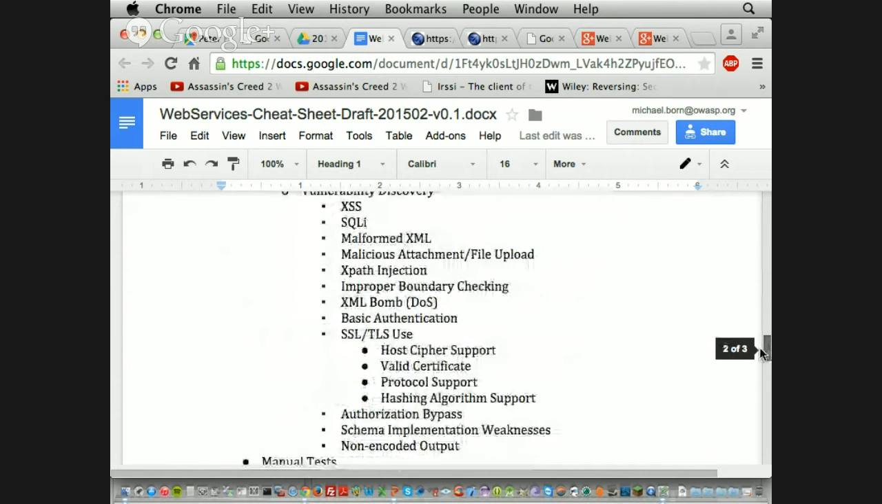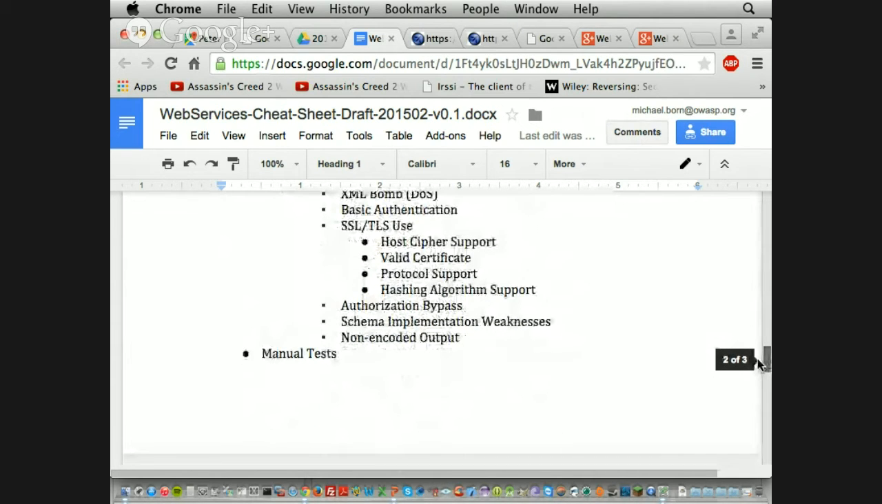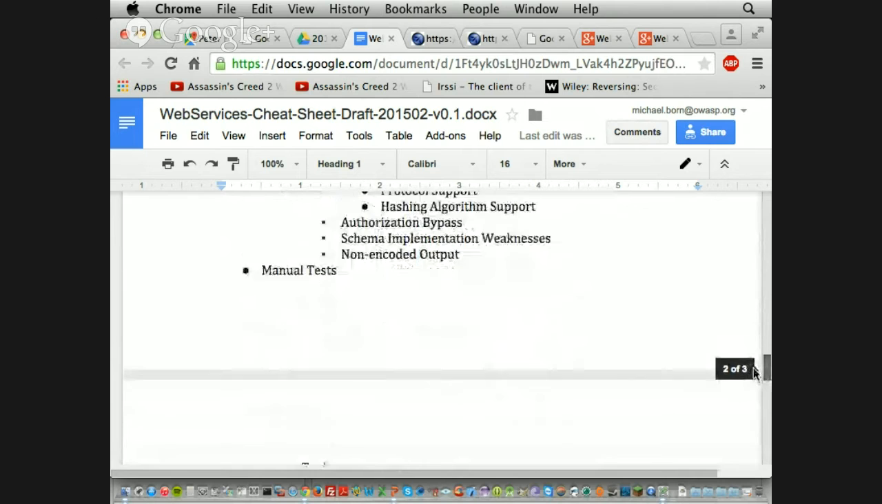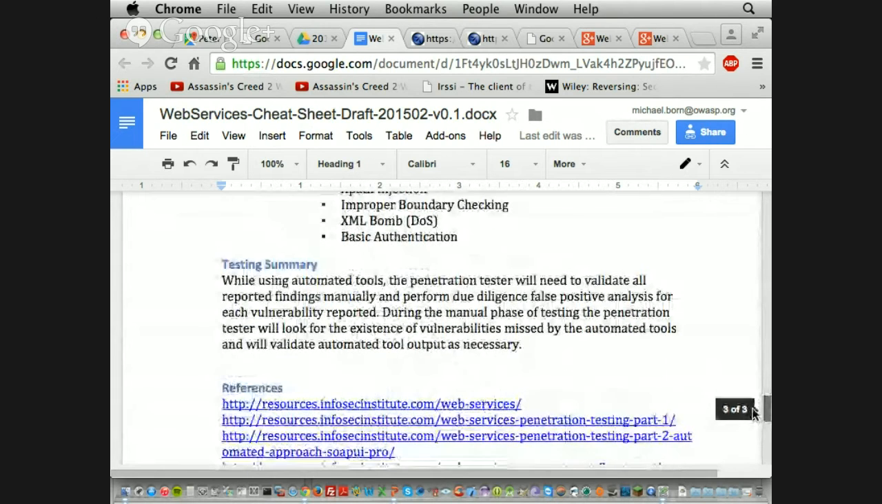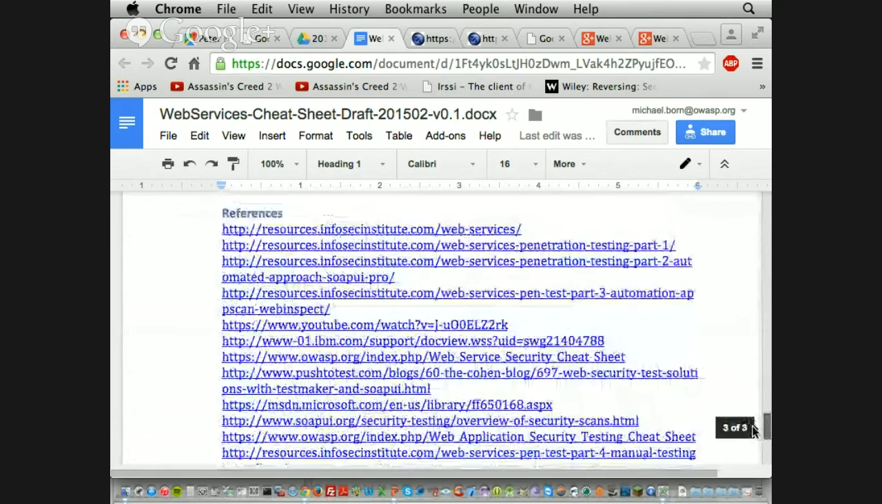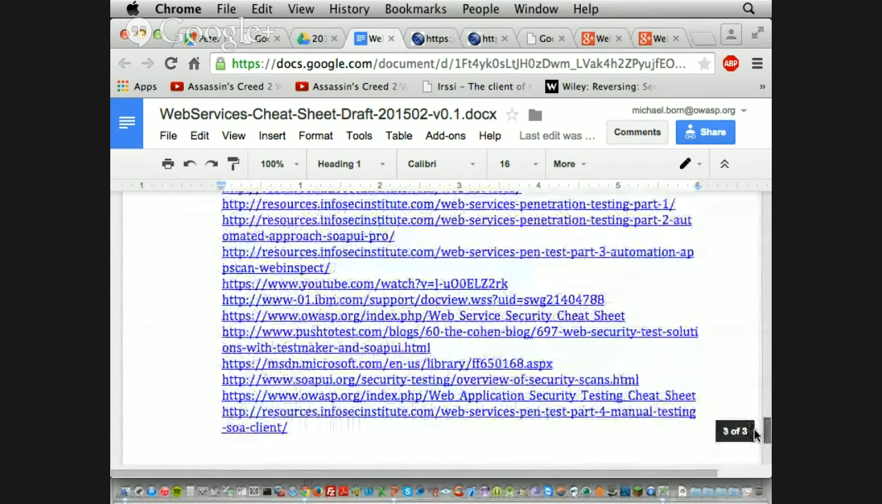And I've got to add OWASP ZAP to this. Oops, got to do that. Basically that's what we're looking for, is just your participation to help us refine this a little bit and get it ready. And then if you have any other references, like we have all these at the bottom